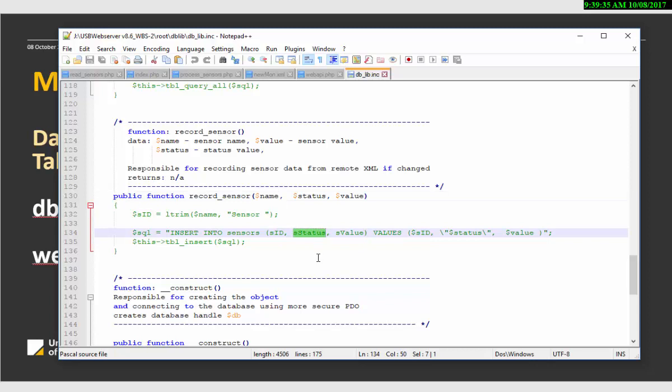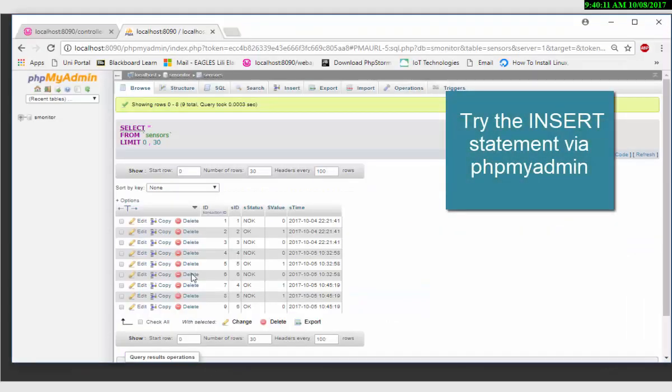The status is going to be a string, so it needs the quotes around it, and I have used this backslash to say I don't want to break out of the string because that would have broken the string. This is to say I literally want to have a quote, so I'll show you that shortly. And then the value is an integer, so when that's run to record the sensor, that will actually do this insert statement. So if I take that and show you that working as well,